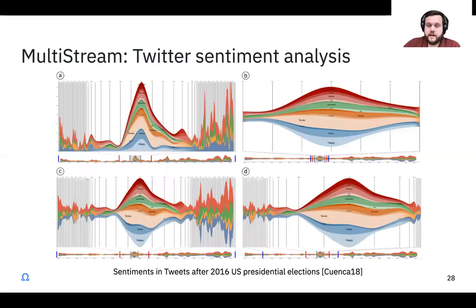And they have also done, as a case study, sentiments in tweets after the 2016 US presidential elections. Here, I'll admit that I forgot which one is which. So one of these is tweets about Hillary, and the other is tweets about Trump, but I'm not sure which one is which now. Sorry about that. But why I actually included this in the first place was this one, where you can see that